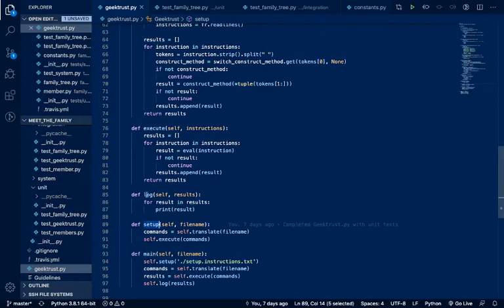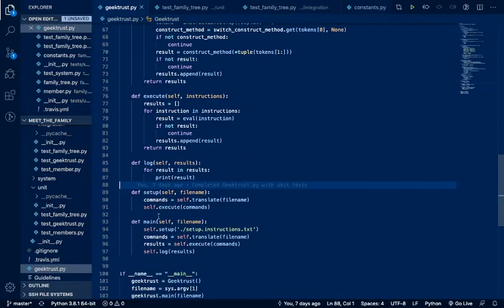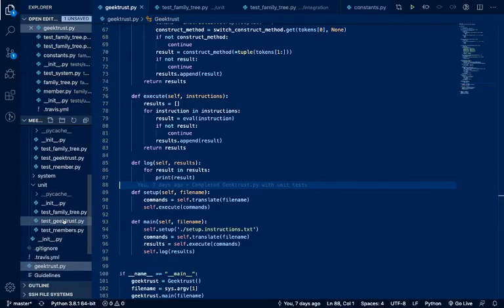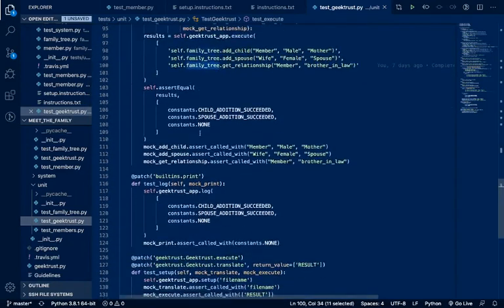Same thing for log. Log only does print, so it will only print those results out, so there's nothing there to test, right? We did test it in the unit test, but there's nothing more to test in the integration test. So one last time, let us look at the unit test. If you can see here, we just did that in the last video.